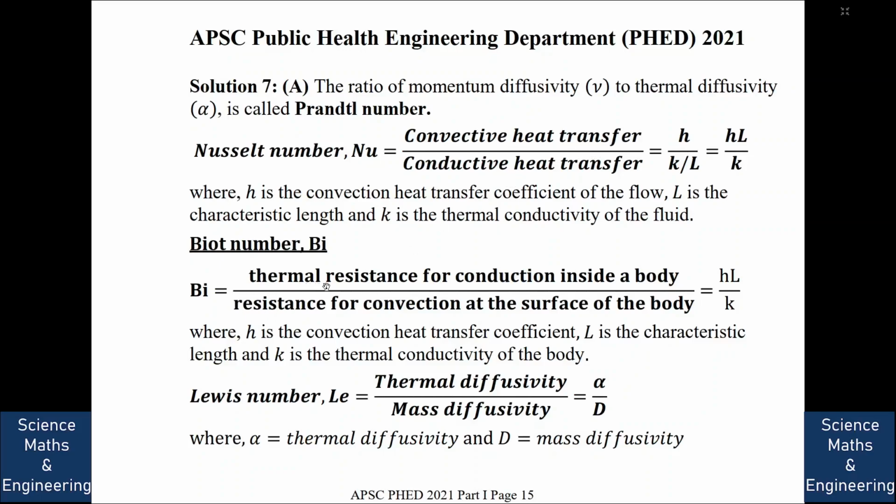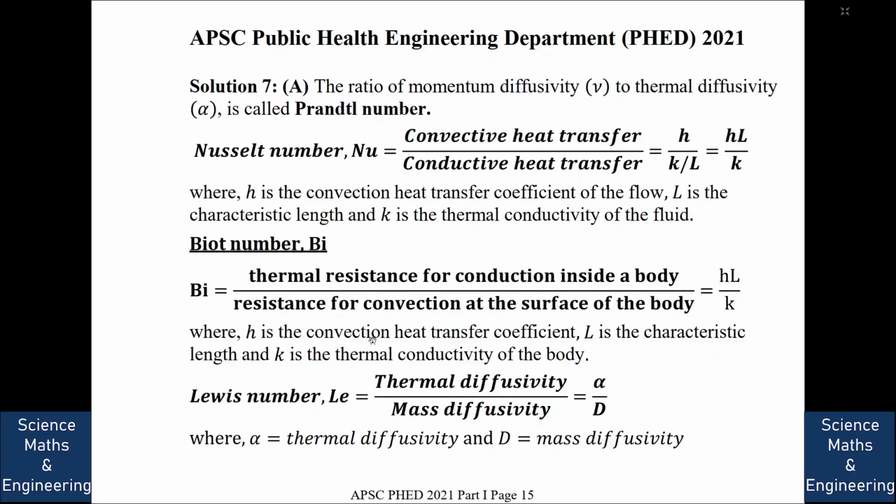Biot number is the thermal resistance for conduction inside the body to the resistance for convection at the surface of the body, and Lewis number is thermal diffusivity divided by mass diffusivity. Now Nusselt number and Biot number have the same formula, hL by k. However, if we see that for Nusselt number, h is the convection heat transfer coefficient of the flow, whereas for